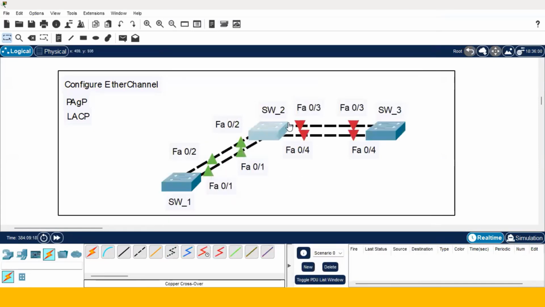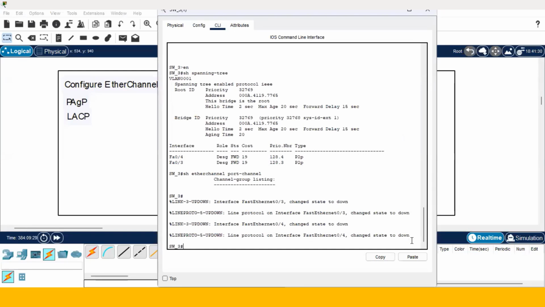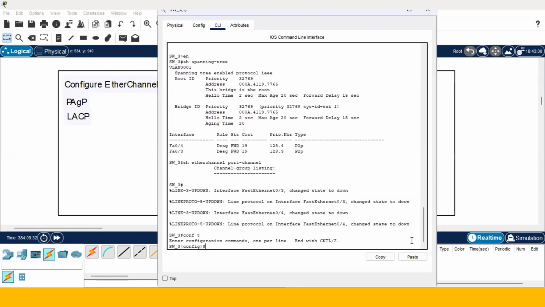This link already is coming up. As soon as I configure switch 3 with port channel 2, this link should come up too. So I'm going to go to switch 3 and access global configuration mode, conf t, create the channel by using the interface range command, interface range FA03-4. Those are the two interfaces that we're working on switch 3 as well. So press enter,